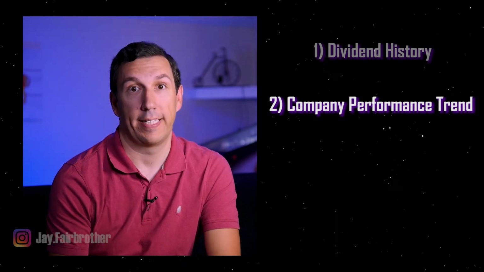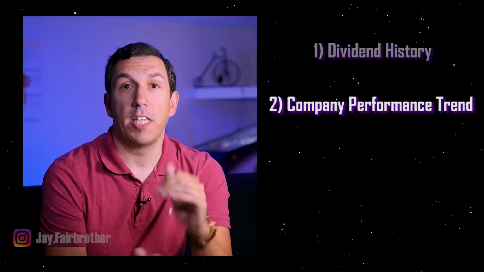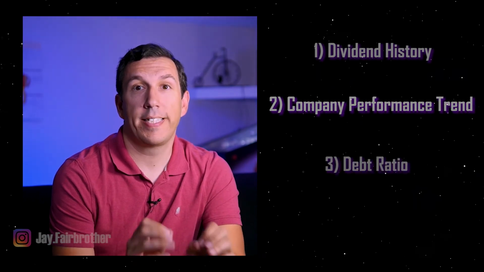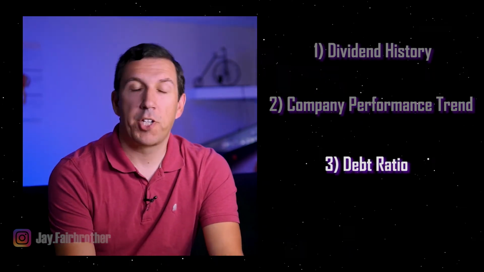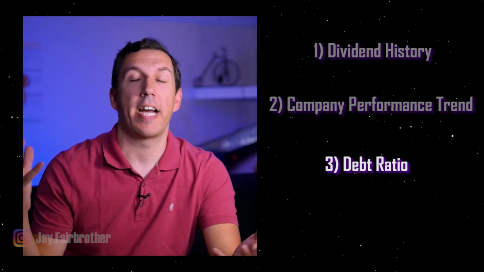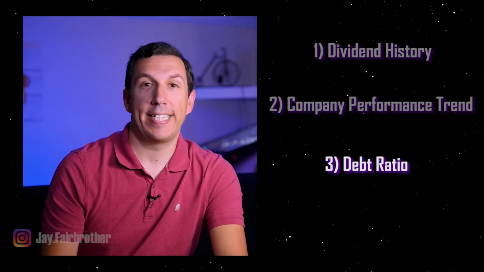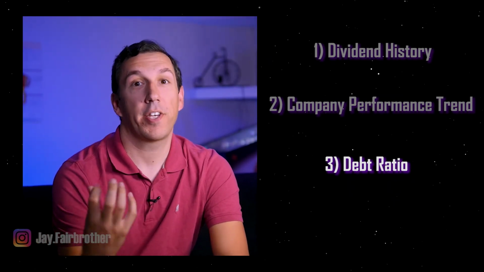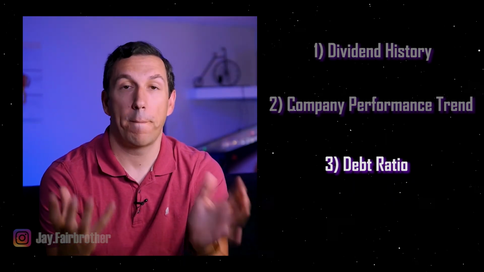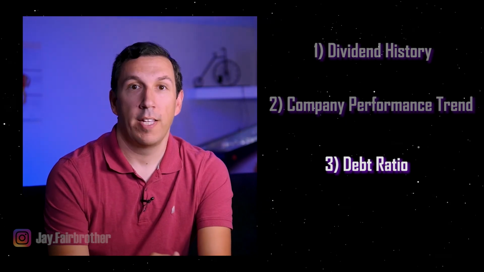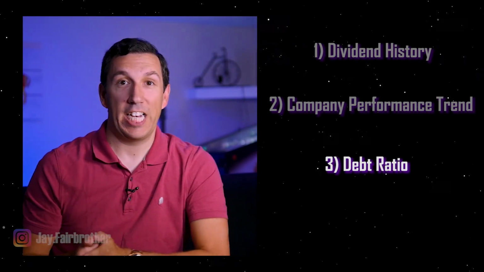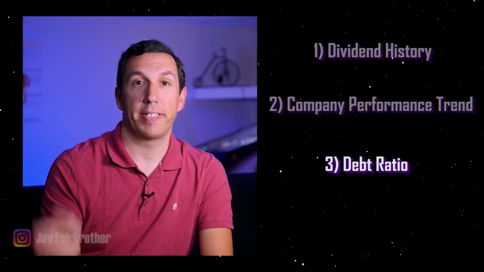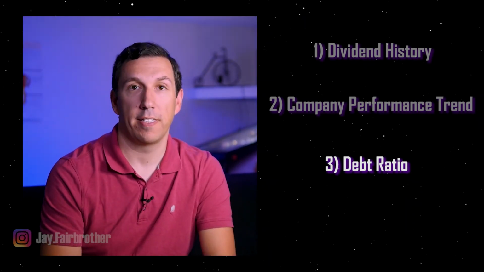The third thing you might want to consider when trying to research a dividend stock is their debt ratio. You want to make sure a company doesn't have a ton of debt on their books, because as that debt comes to maturity and they're liable to pay down that debt, that could affect their ability to pay their dividend. You see, if they have to divert all their cash from paying dividends to paying debt, that could signal a potential cut coming in the future to their dividend.